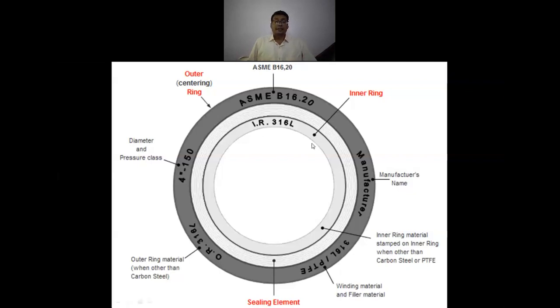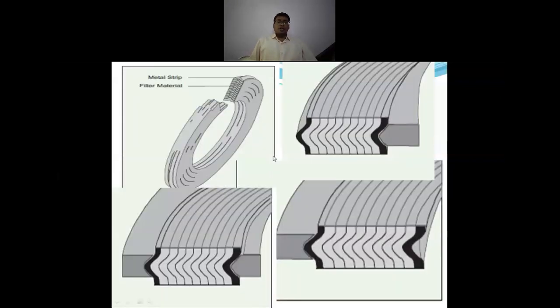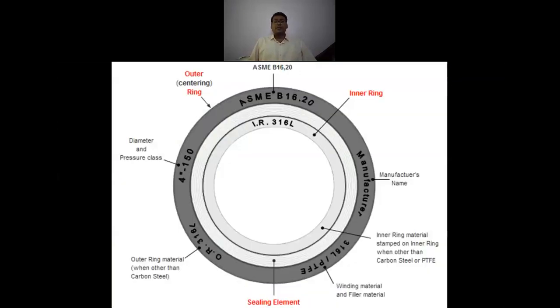Then there is an inner ring. On the inner ring it is stamped which material it is, whether it's carbon steel or PTFE, that is to be mentioned. In this case, it is 316 steel. So in this case, there is an outer ring as well as the inner ring. Both the rings are available, and in between this outer ring and the inner ring, there is a deforming material